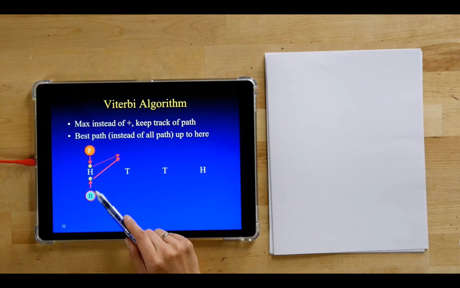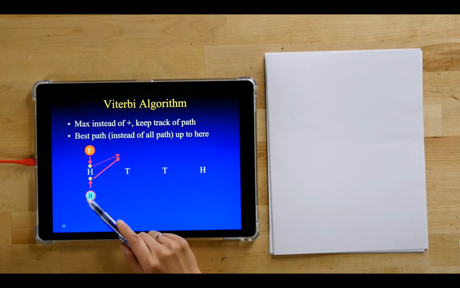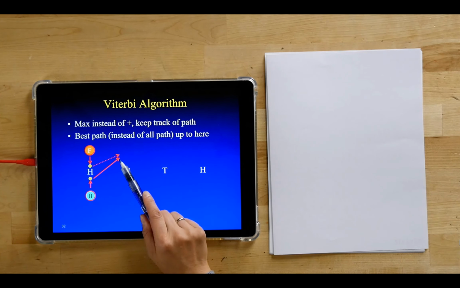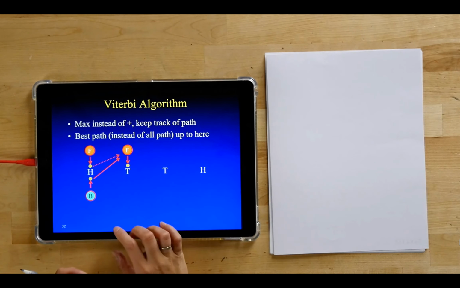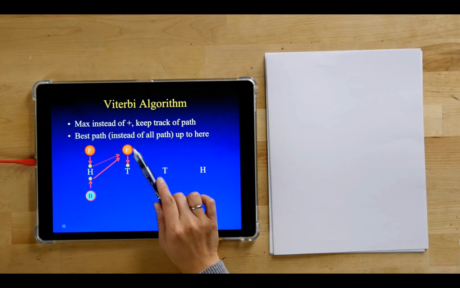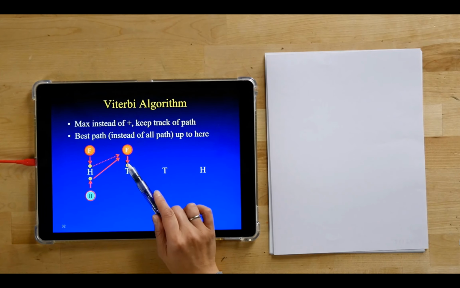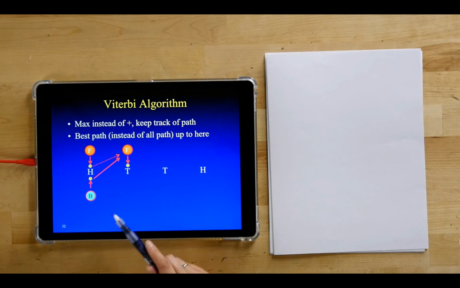And so now we know that from here, if I'm going to use a fair coin, the previous coin I used is a bias coin. And so then I just use this yellow dot, use this transition from bias to fair in order to get to the fair coin now. And then from this fair coin, I need to use the emission probability to give out a tail. Use this fair coin to flip a tail. So that's the emission probability. And so this number multiplied by the emission will give me this new yellow dot. And that's the